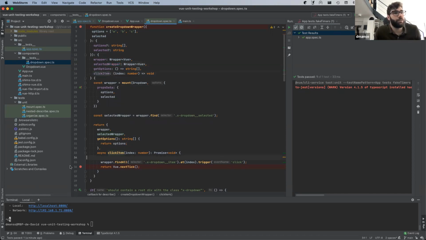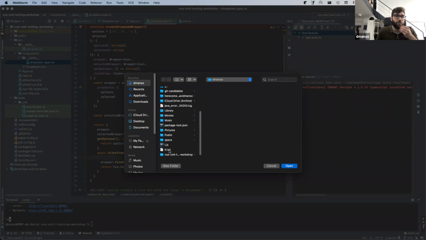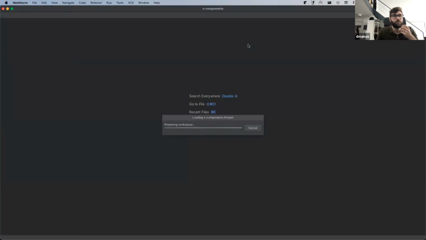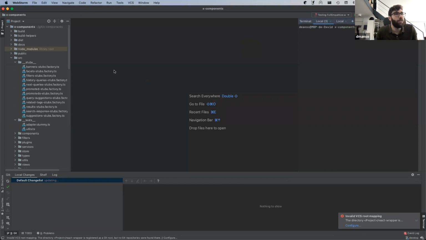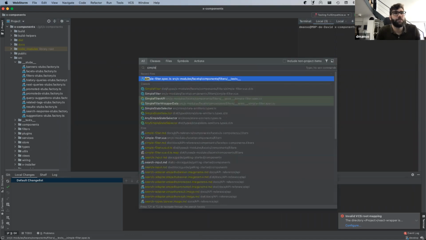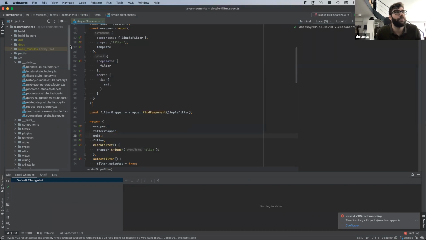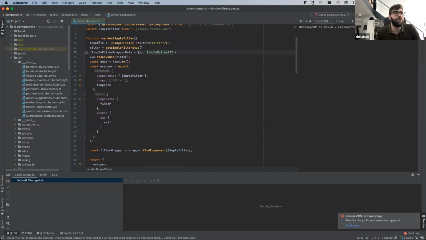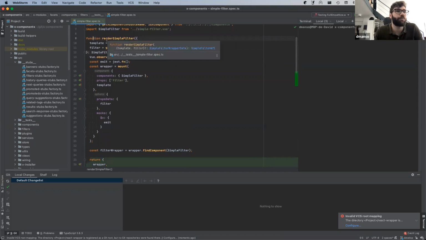Okay, and I will finish this session just showing an example of how we work in X components. You can see here how we organize them, but I would like to show you this simple filter spec. As you can see, we also use this factory pattern in which